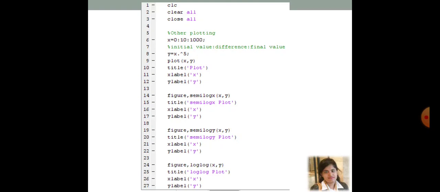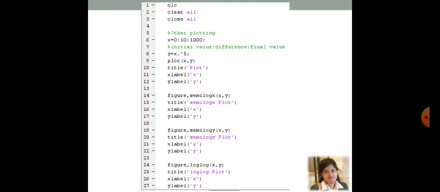In the last video we talked about the function of hold on. Now, in today's lecture, we are going to talk about the figure function. So what is the applicability of hold on? Suppose you need to generate two plots, and both plots should be within a single figure. If that is your motto, use the hold on function. But if you want each plot to be generated in a separate window, then use the function figure.